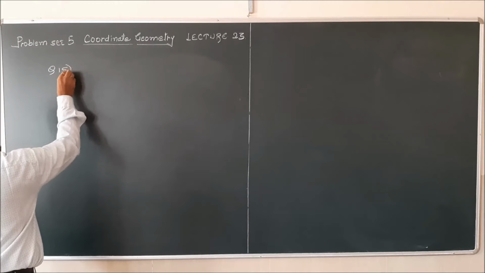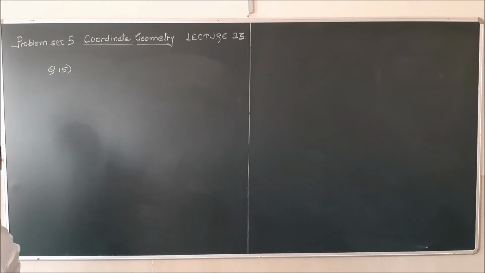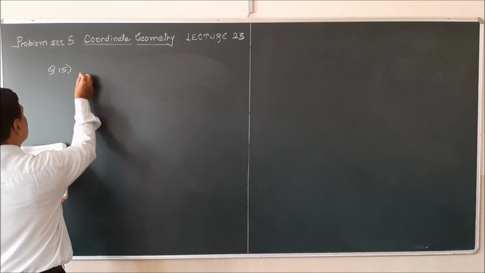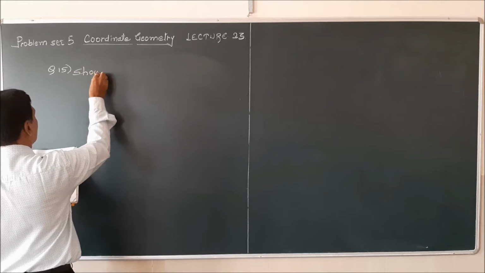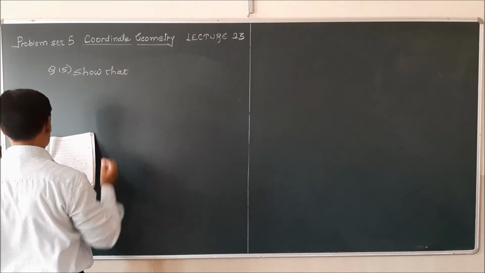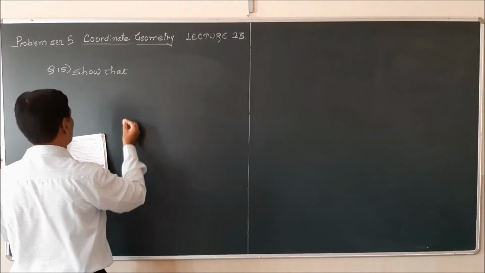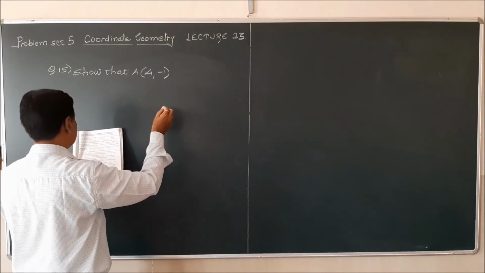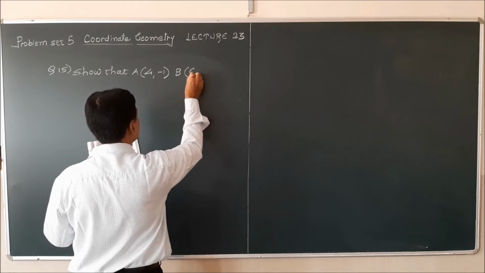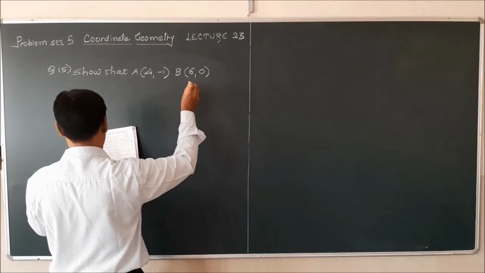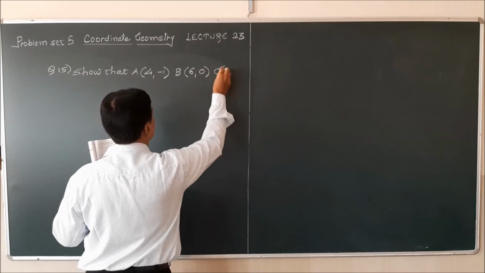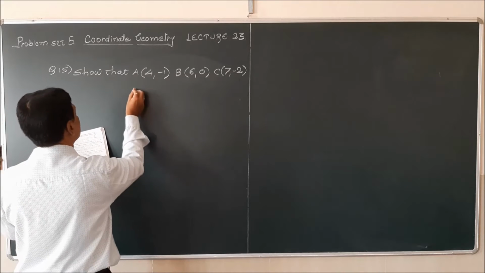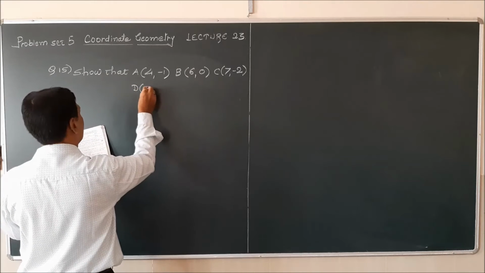So in question number 15, I am going to write this. Show that A (4, -1), B (6, 0), C (7, -2), and D (5, -3)